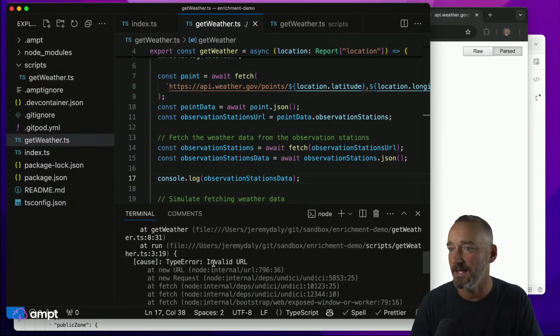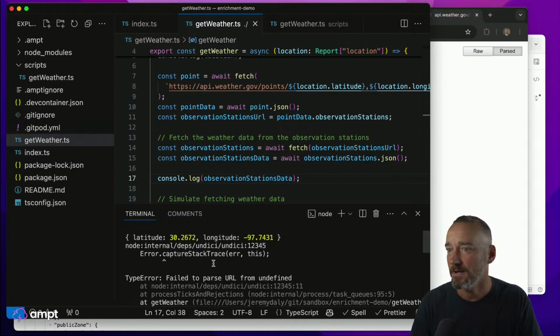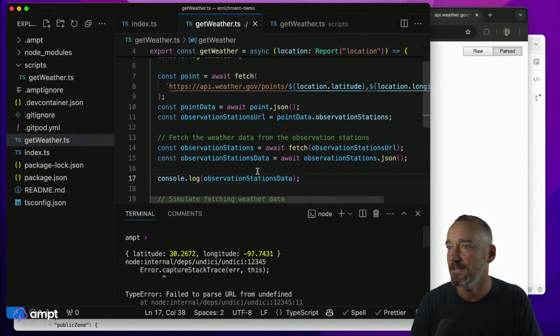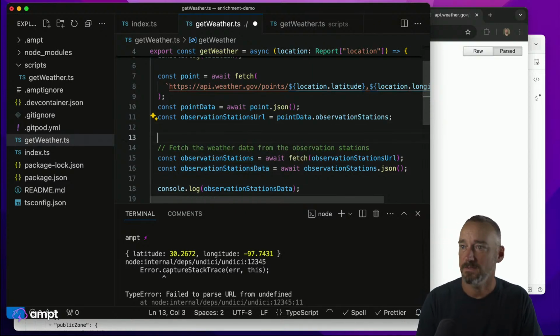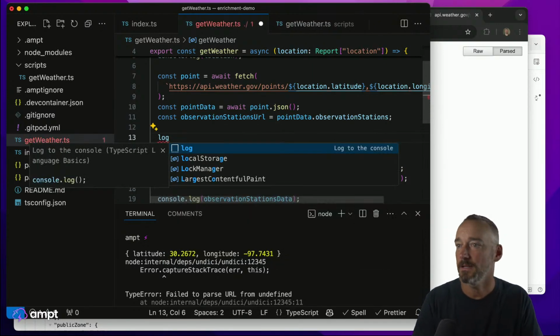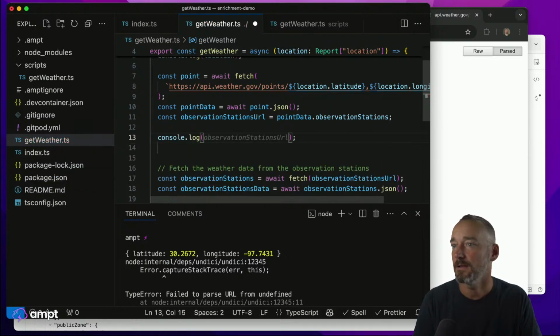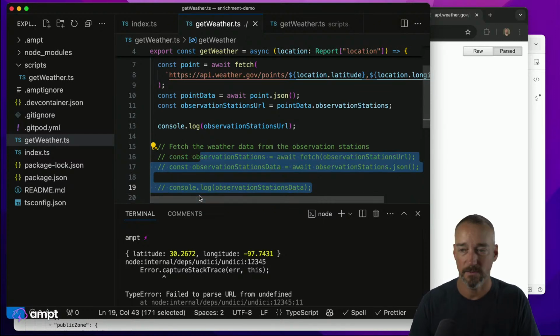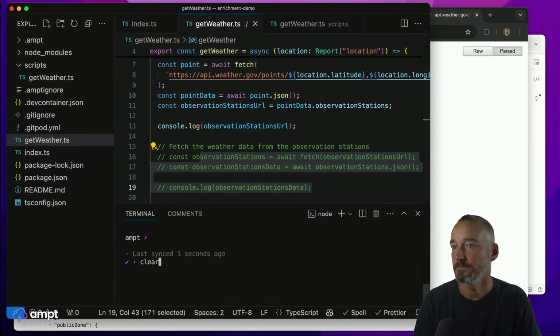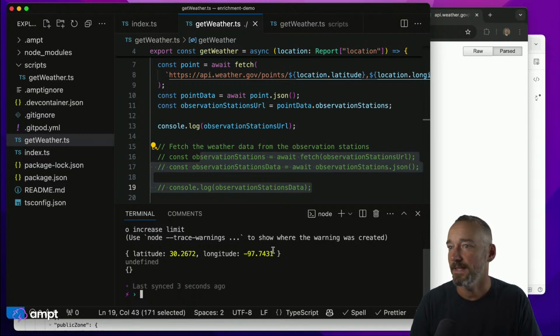It doesn't like an invalid URL. Failed to parse URL from undefined. Why? Observation stations URL. Let's make sure we get that back. Log observation stations URL. Let's go comment those out quickly. Script, and that is blank. So